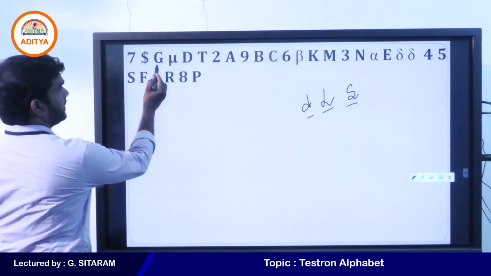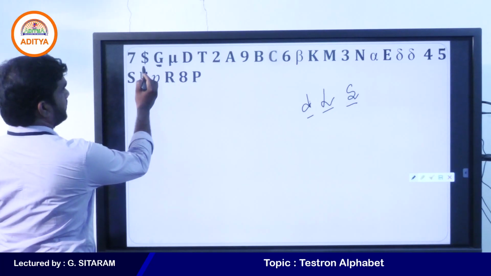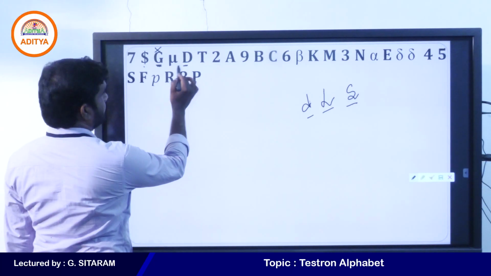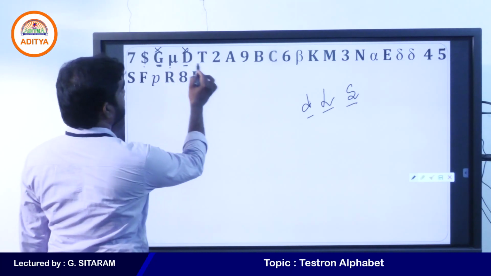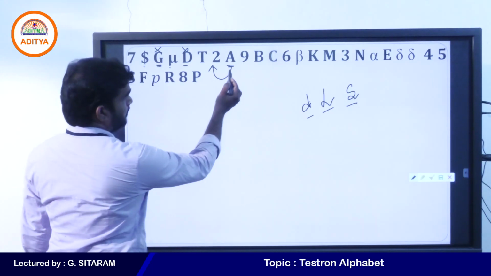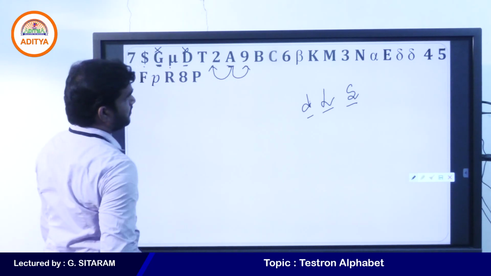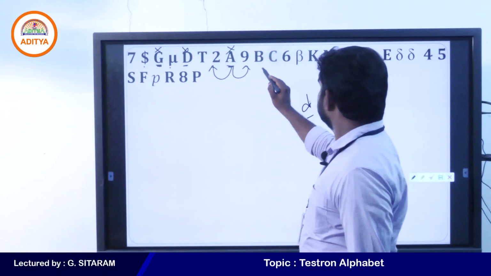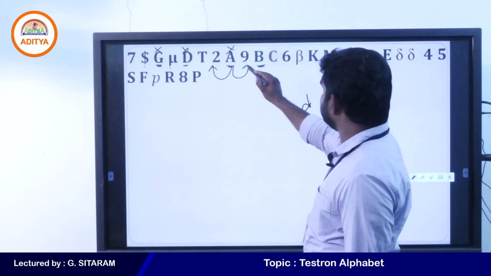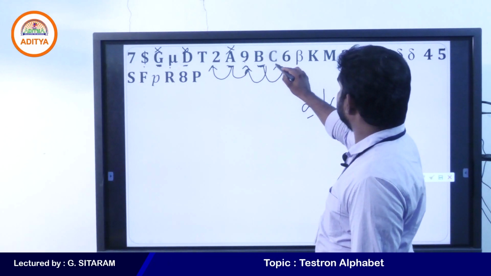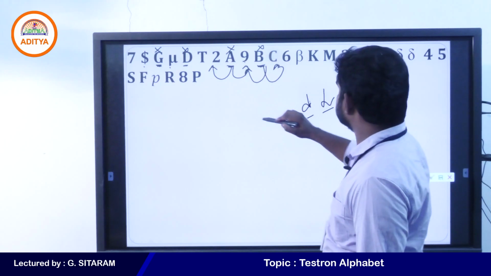Okay, right. Here G is the letter. It is not preceded by a digit, you can't take it. Then D is the letter. It is not preceded by a digit, you can't take it. Then A, is it preceded by a digit? Okay, but it is not followed by a symbol, so you can't take it. Then if you take B, is it preceded by a digit? Okay, but it is not followed by a symbol, so you can't take it, B also.